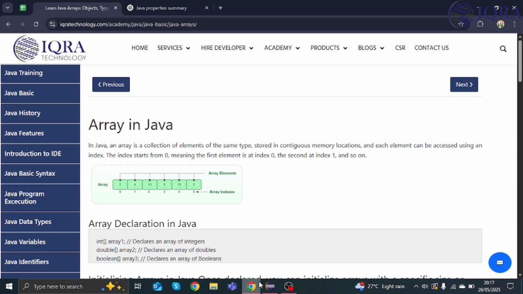Today we will see arrays in Java. So in Java, an array is a collection of elements of the same data type stored in contiguous memory locations, and each element can be accessed using an index. The index starts from 0, meaning the first element is at index 0 and the second is at index 1,